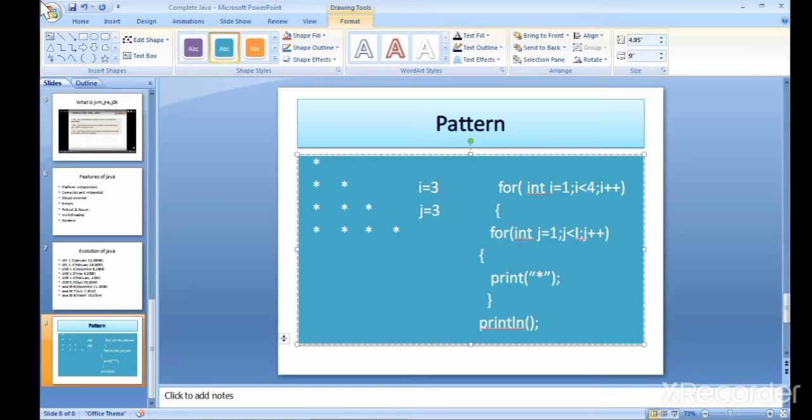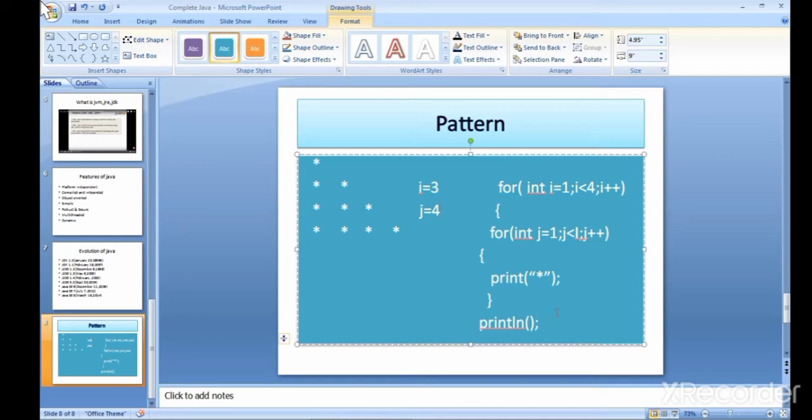After that it incremented the value to 3, it printed third star. After that it incremented the value of j as 4, and then it checks the condition, the value of I is equal to 3 and value of j is equal to 4, then condition goes to false, and it comes out from the loop, and it uses println to go to new line,